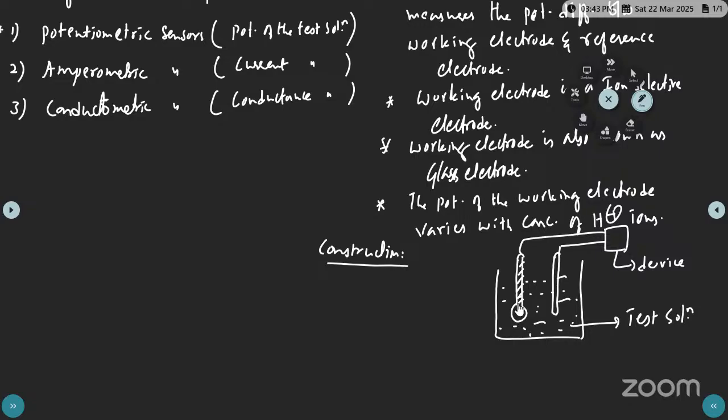Okay, and see, this working electrode has a bulb at the end. So this is the bulb, and that is made by the particular glass, and that glass responds to the specific ions like H plus ions. So ఈ బల్బ్ ఏదైతే